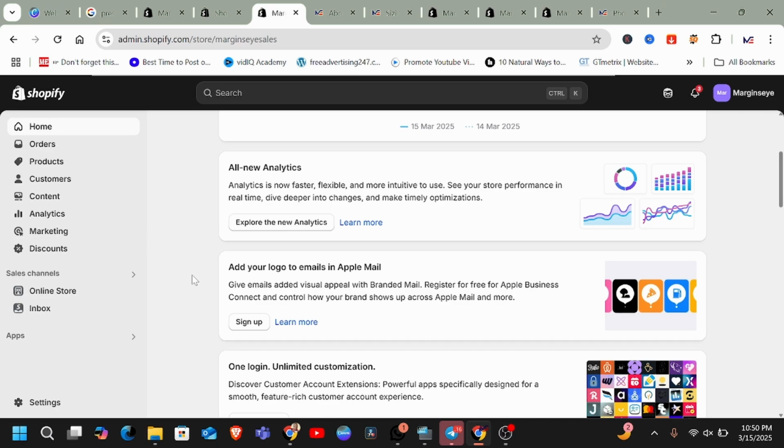A blog on Shopify helps you provide information about your products, educate your customers, and it is one of the best ways to rank on search engines. When you create blogs, your content helps you incorporate your main and related keywords, and when people search for products that you sell on Google, if you have a properly optimized blog or product page, then it is going to appear on the top of the search results